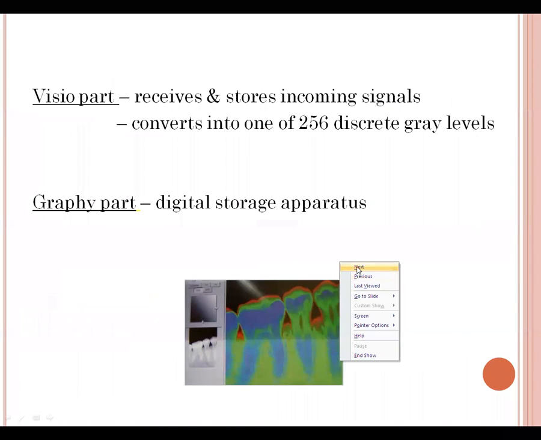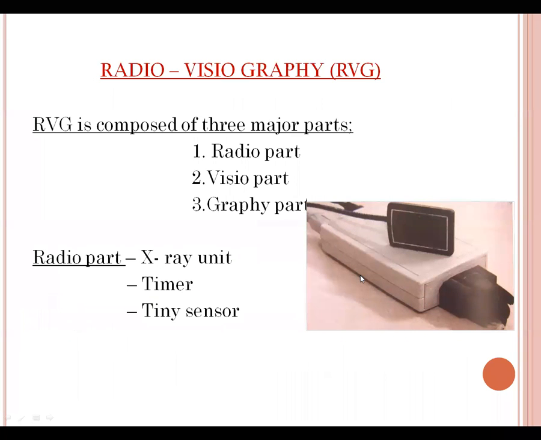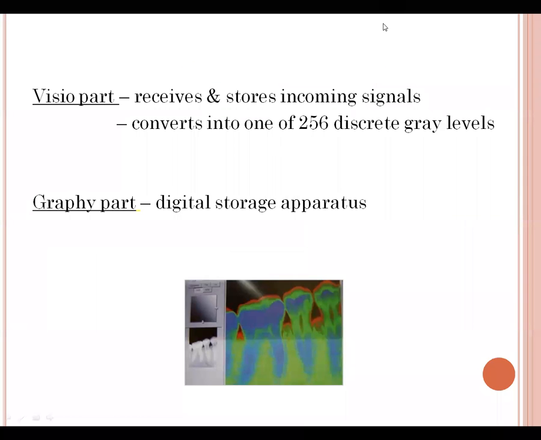Whatever x-rays or radiographs that we take of the patient in the patient's mouth are basically film based. You have a radiographic film, you put it in the patient's mouth and you develop that film. It's like a photograph. But this radiovisiography that you see on the screen right now is basically a part of the